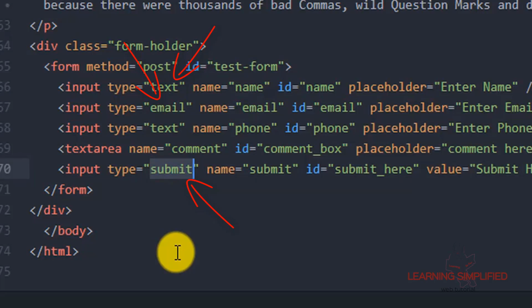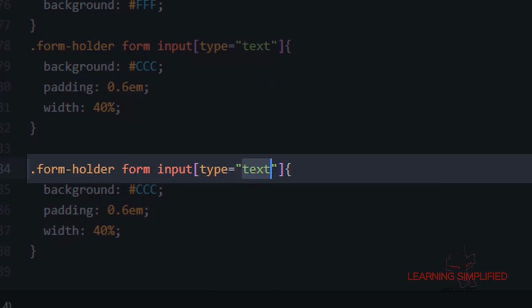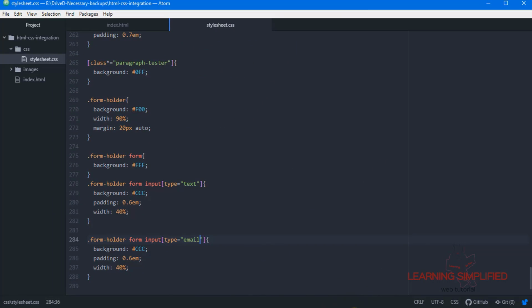So there are three individual types for a single input element, and we need to specify all of them individually as we wish to use different properties for each of these elements. Now, instead of this type text, we are providing the type of email.